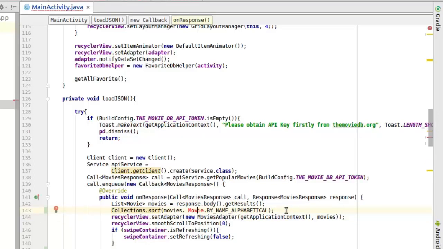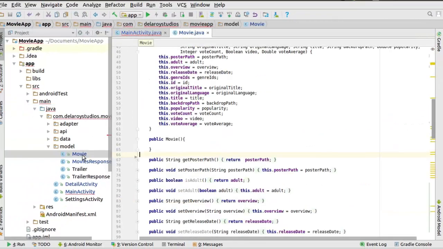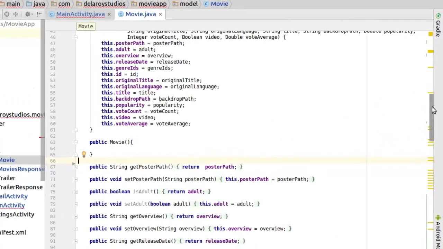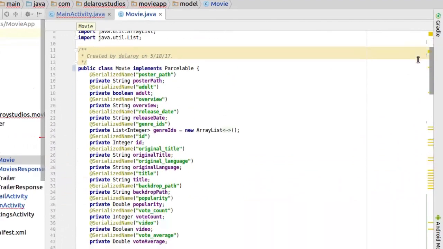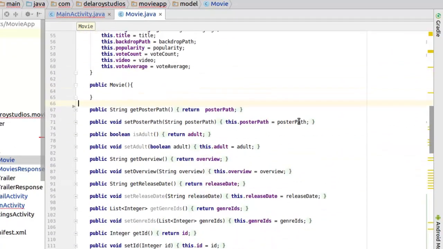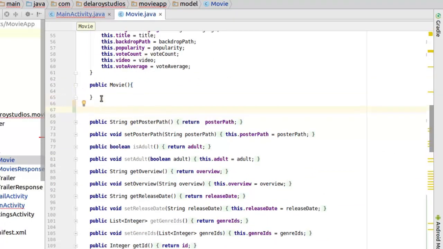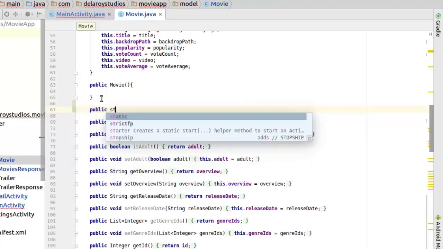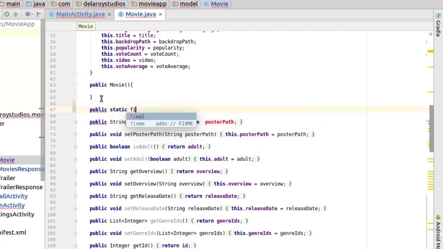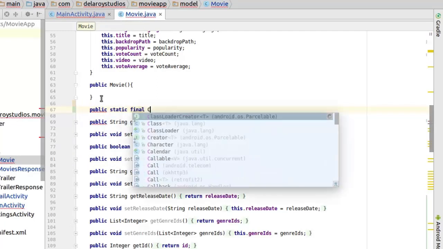So from here, we're going to create the comparator right there in the movie model. So let's go straight to the model. We'll go to the movie, and after the constructor, you should have this that implements Parcelable. This is the model, the set and get methods of all objects. Now we need to pass in the comparator right here. So it's going to be a public static final Comparator,